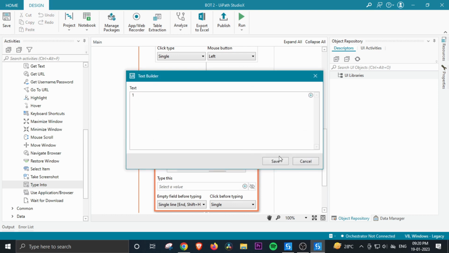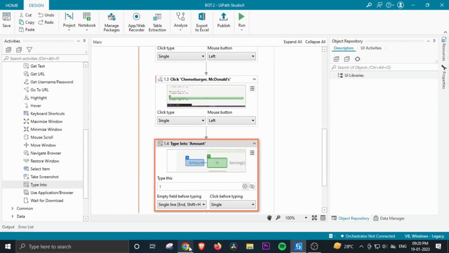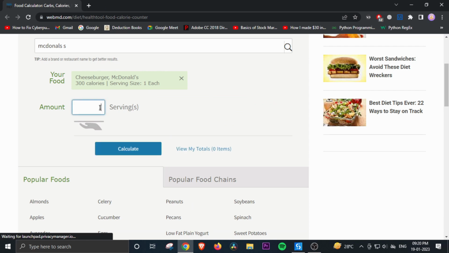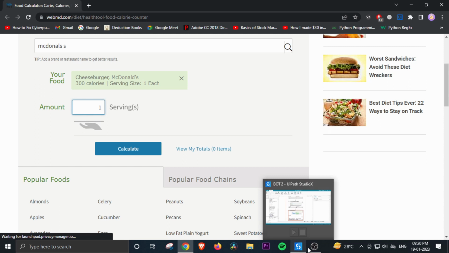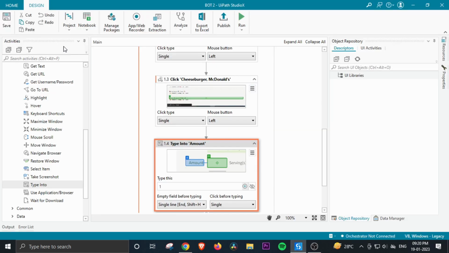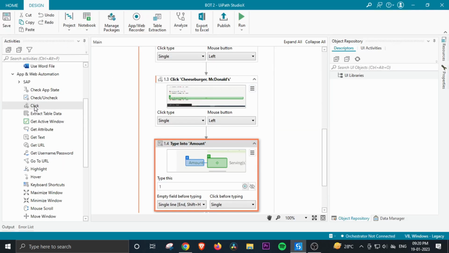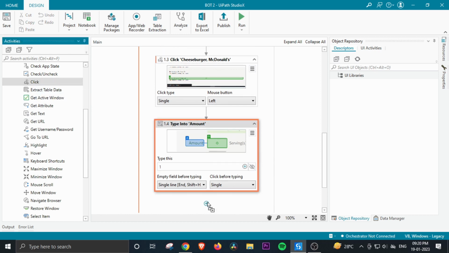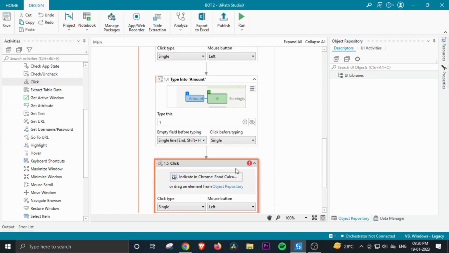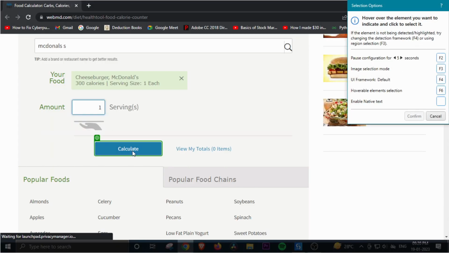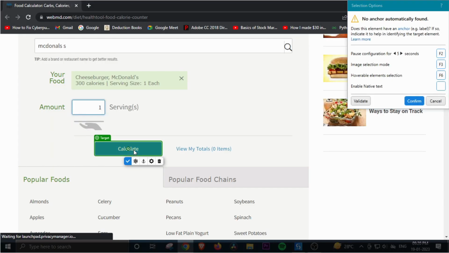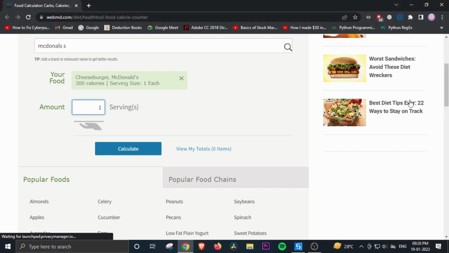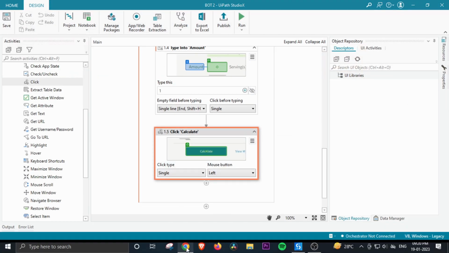Let me give 1 as the amount. We have to now click calculate, so we again have to use the click activity, so we will drag and drop it over here. We will mention calculate, confirm it,